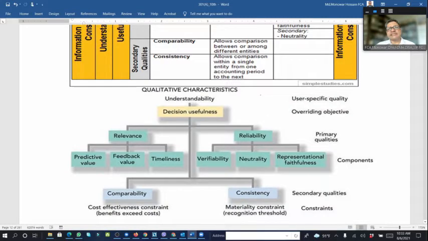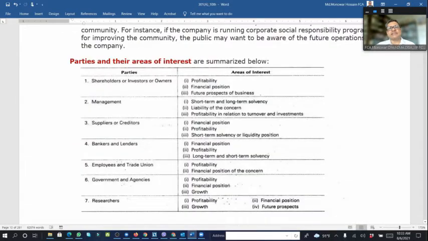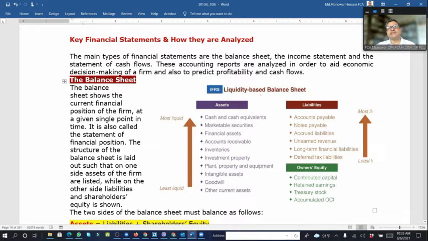and qualitative characteristics of financial data, and the cycle of financial statement analysis or process, users of financial statements, and parties and other stakeholders, why they are using financial statements, methods of analyzing the financial statement, horizontal, vertical, common size, and we have seen the presentation of the balance sheet, liquidity-based balance sheet, and sometimes classified balance sheet, and the relationship between financial statements